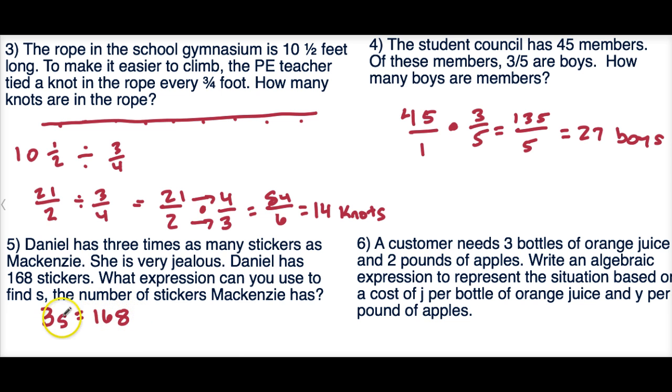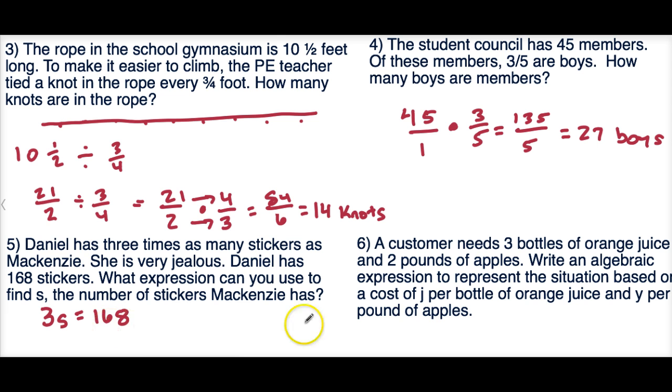So next unit we're going to explore how to further figure out how many Mackenzie has, but essentially we're going to be dividing 168 3 ways, and she'll have one of those ways, one of those parts for the stickers. But for now, this is all you have to do for this expression, or really it's an equation because of